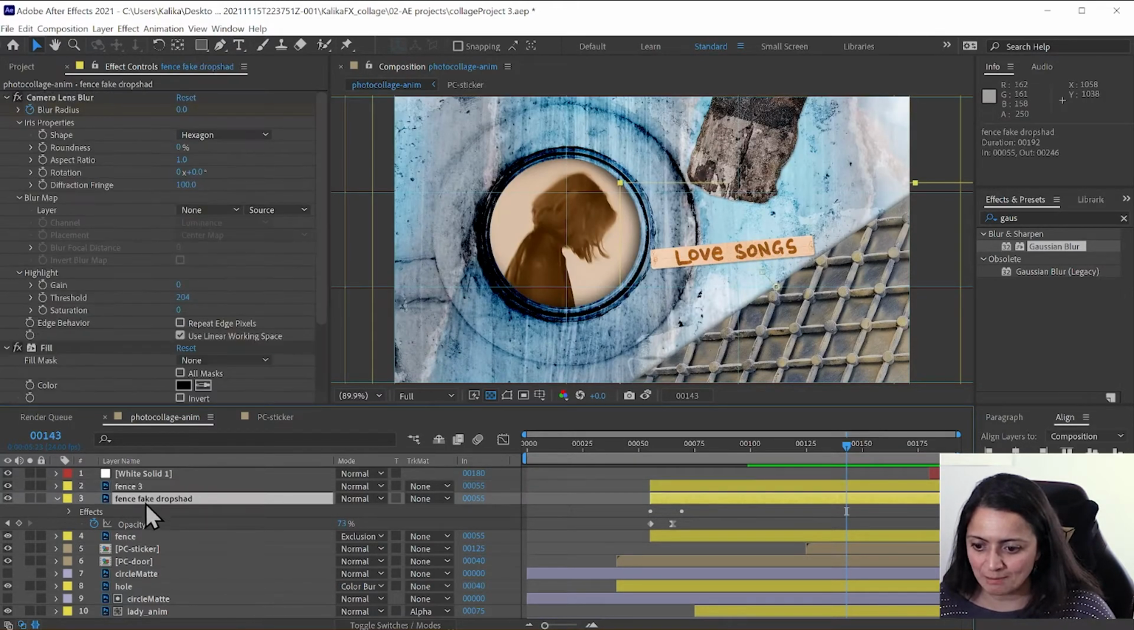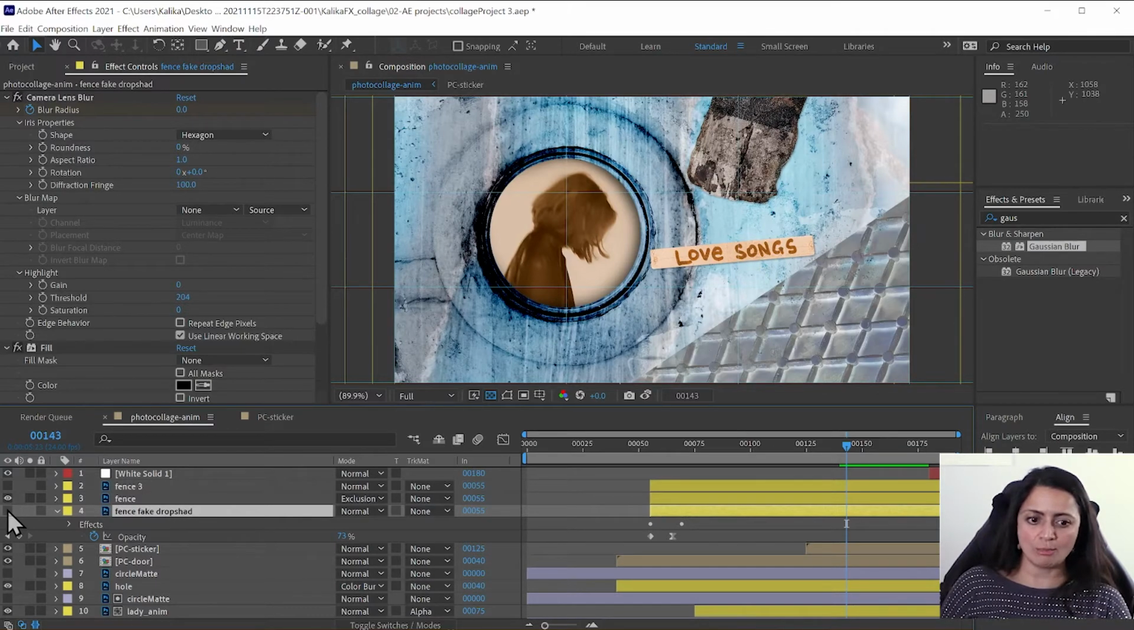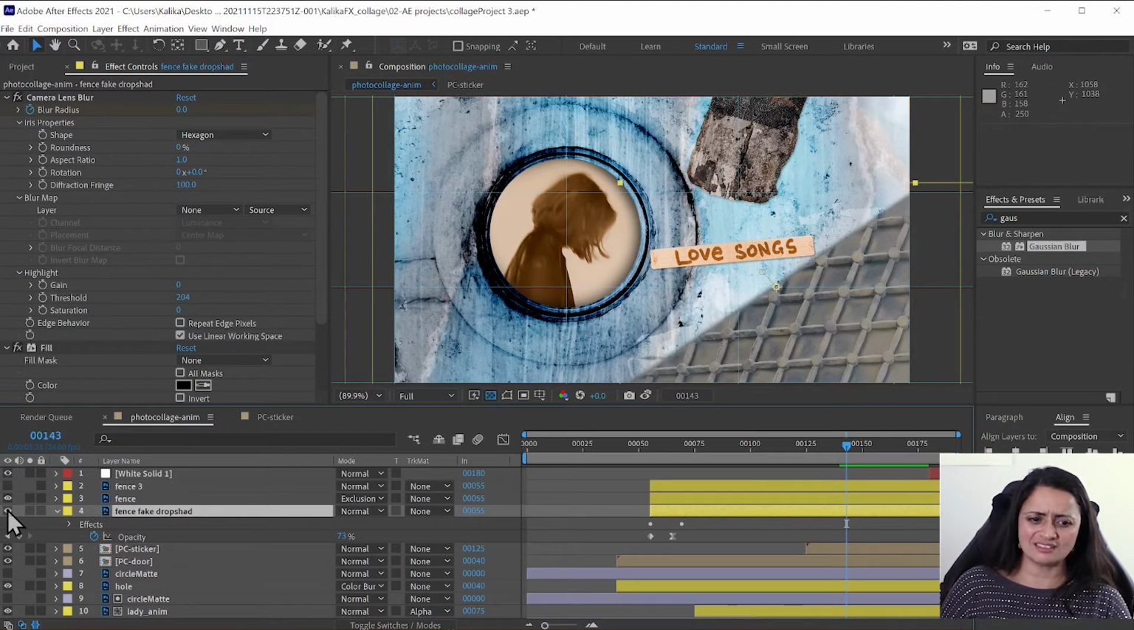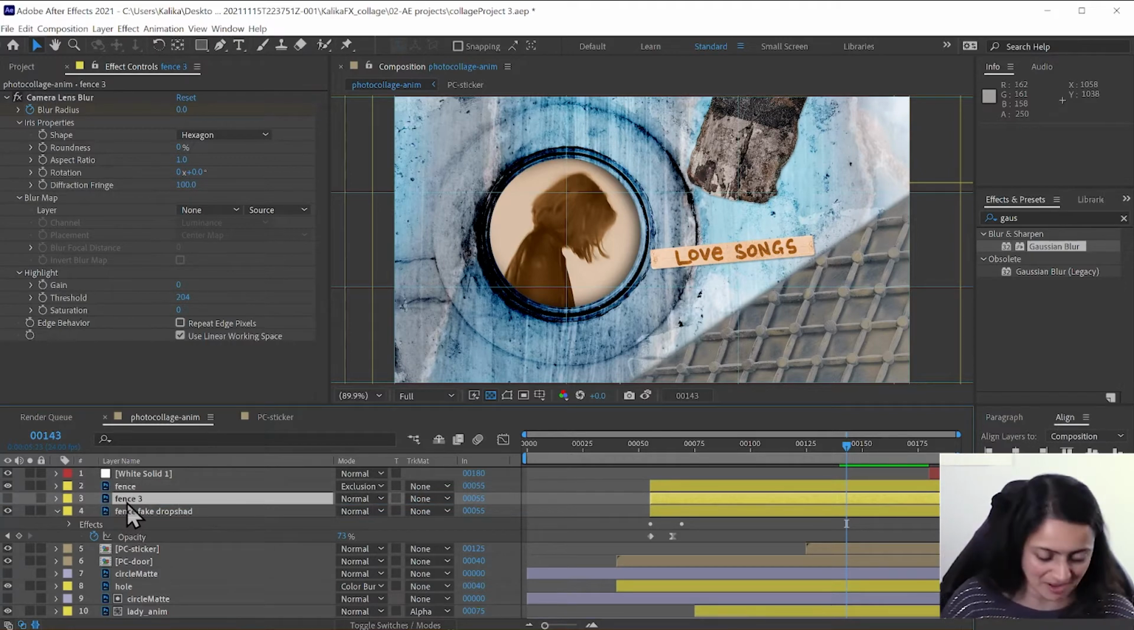So if I take my fake drop shadow layer, turning off my other fence, and I put it under our fence, it looks horrible. Like, look how nice that looks, and like, ugh, that's weird. It's not right. So what I do is I take that duplicate. Okay, this is my duplicate. This is going to be my fence drop shadow